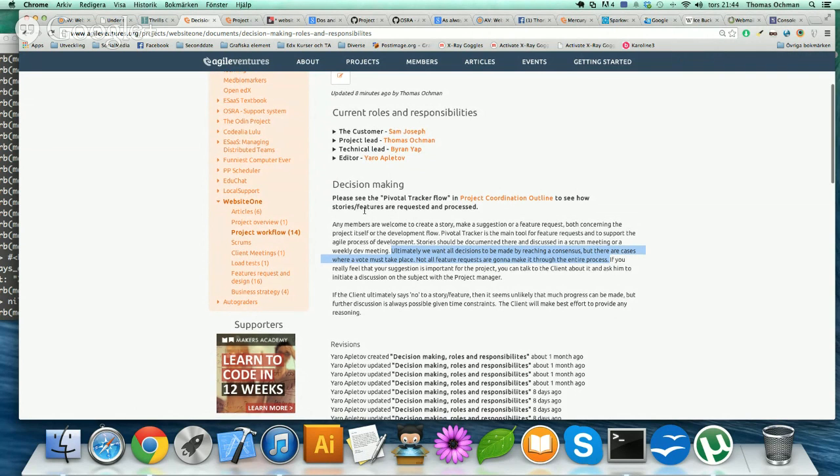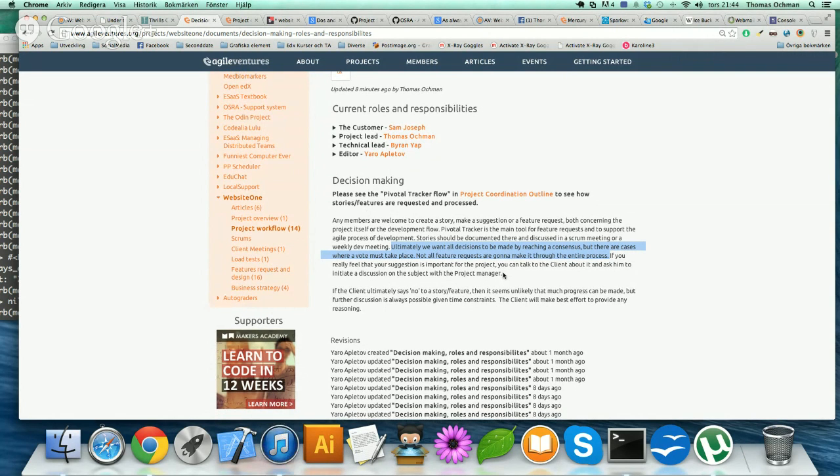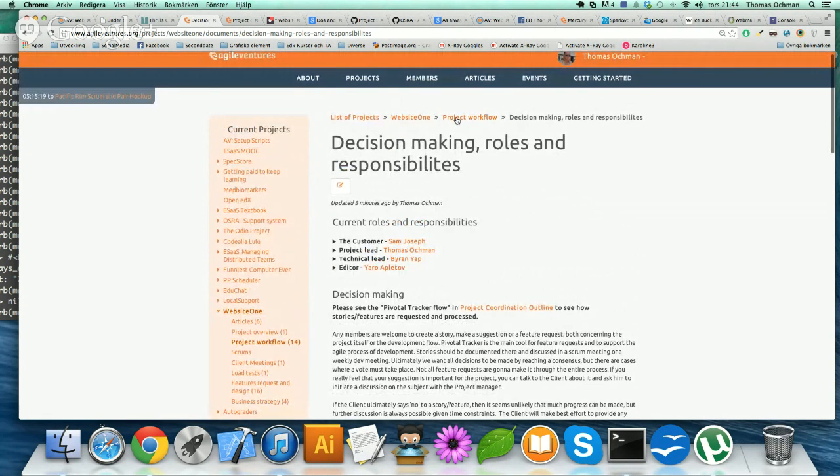I don't think we have to. This document doesn't have to be too big, or have a lot of paragraphs here. I think this is enough. What do you guys think? Yeah, I think it's a good start. That's the decision-making roles and responsibilities under project workflow. That's the one that specifies Sam as the customer, me as project lead,